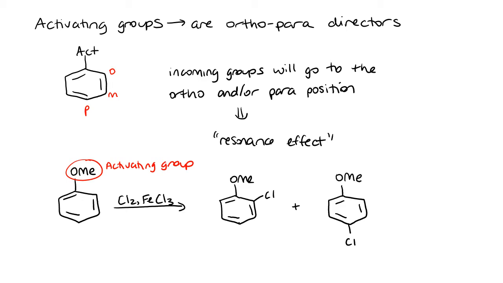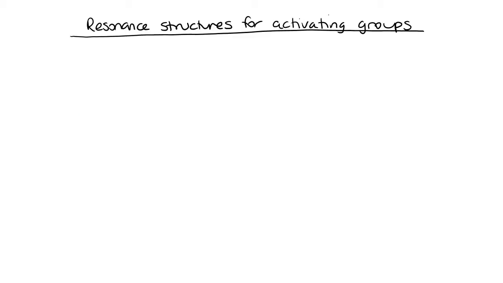Now let's take a look at why the chlorine is only going to go to these positions and not to the meta position, looking at the resonance structures. Let's first take a look at the ortho substitution of the chlorine on the benzene ring. Now we already have our methoxy group attached to the benzene. We have the electrons on the oxygen, which can be donated to make the reaction occur a little bit faster. Now, when this benzene comes into contact with the electrophile that forms for chlorination, which is this structure here,